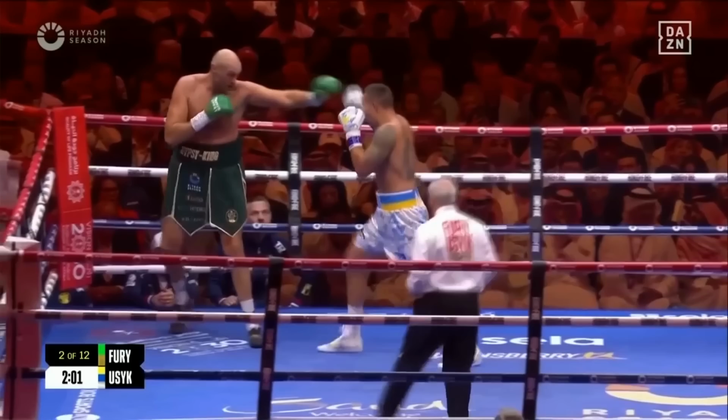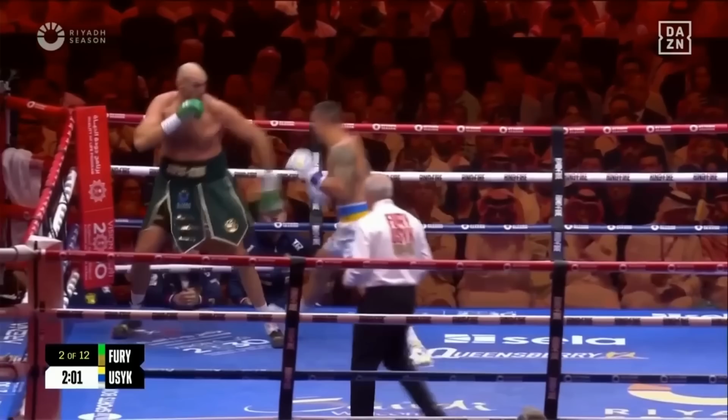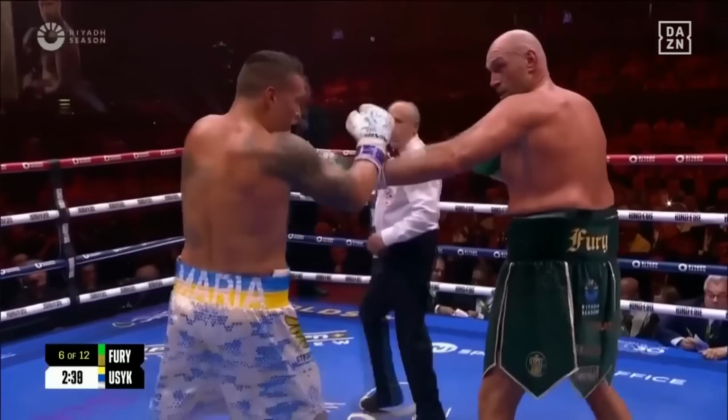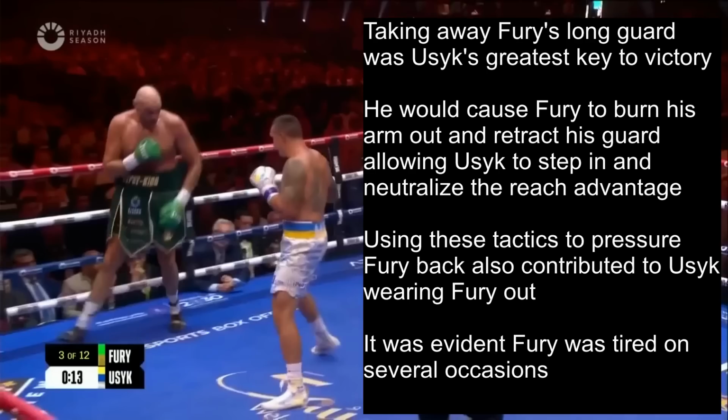And of course, Usyk would also mix in the traditional down parries to remove Tyson Fury's long guard. The thing is, taking away Fury's long guard ended up being Usyk's greatest key to victory, because like I said earlier, he would cause Fury to burn his arm out and retract his guard, allowing Usyk to step in and